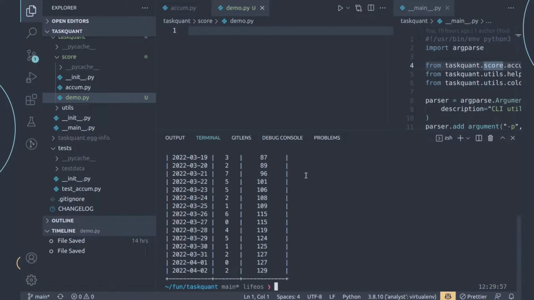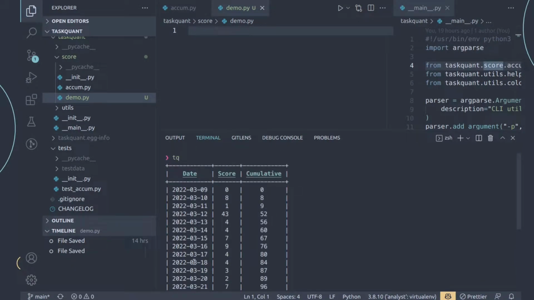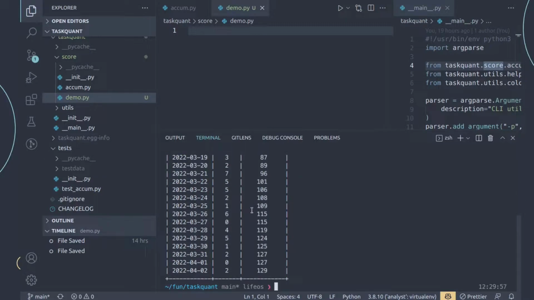Alright, so right now, if you're given such a structure, this is kind of how the table looks. You have the date column, and then the second column, which is the score, and then this is the cumulative. Now this can get a little bit long, right? It could get a little long because entries keep coming in, and each entry will add a new row